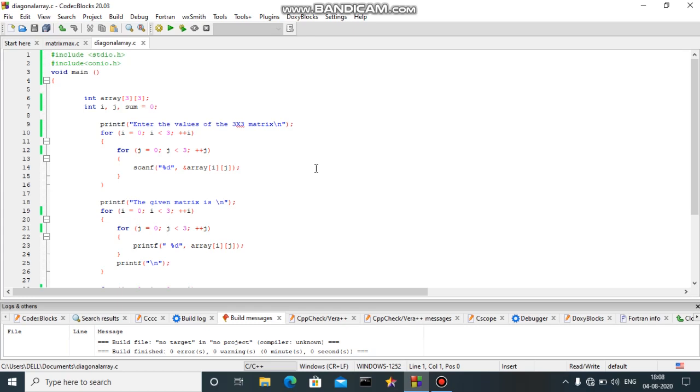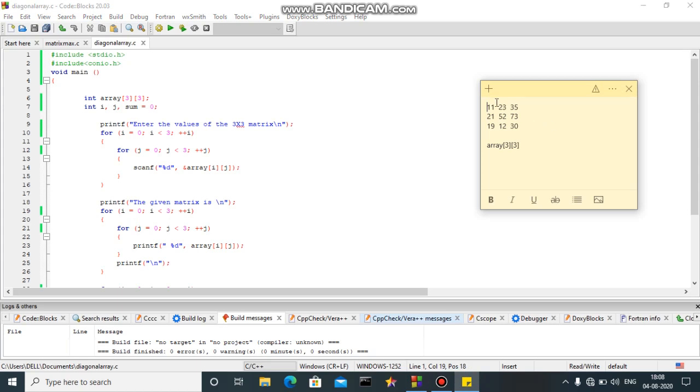I'm Ayush. In this video, we will learn a C program to find the sum of diagonal elements of an array or of a matrix. Suppose this is a sample matrix, and the diagonal elements will be 11, 52 and 30.